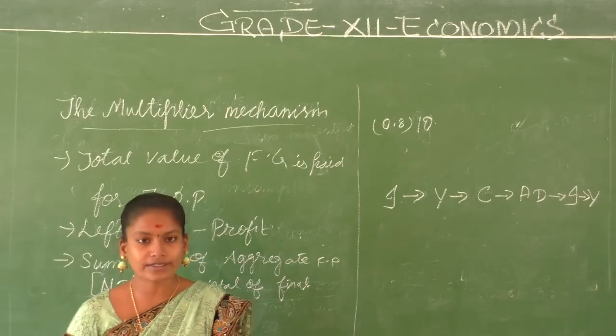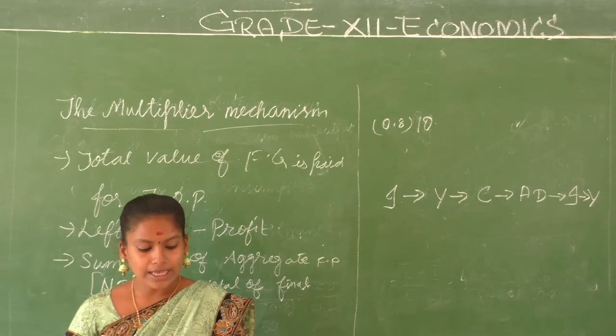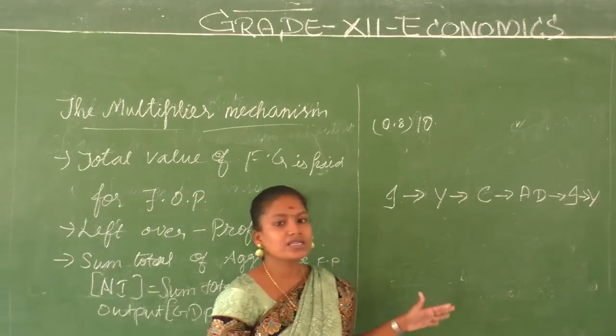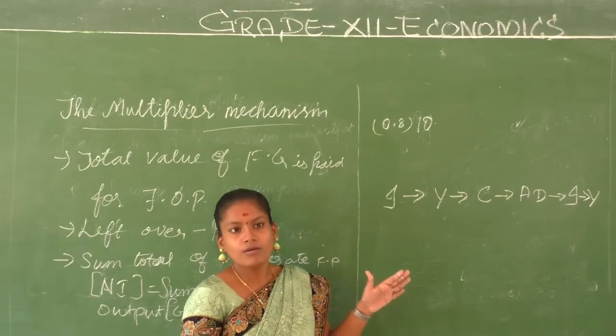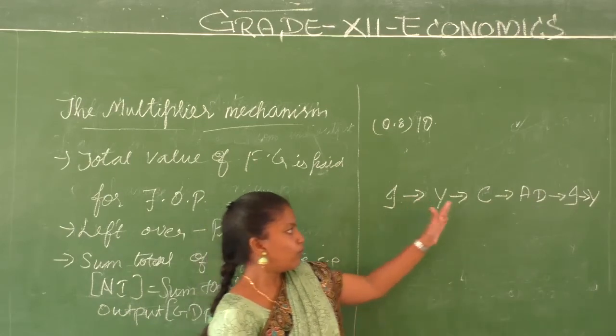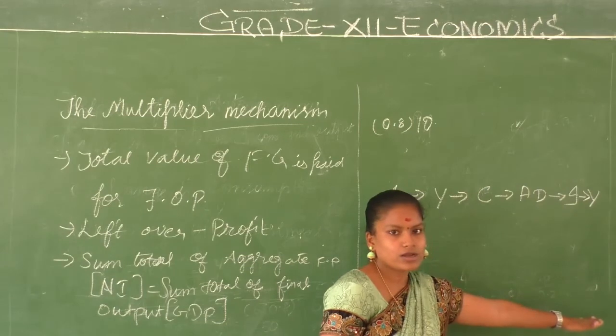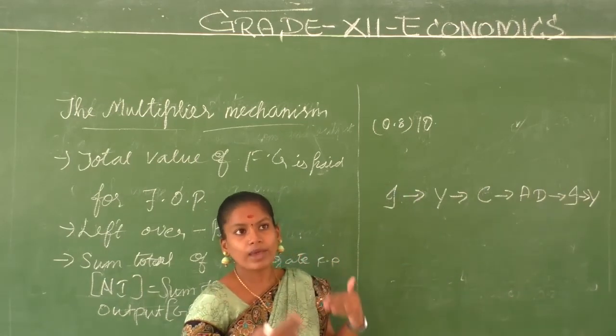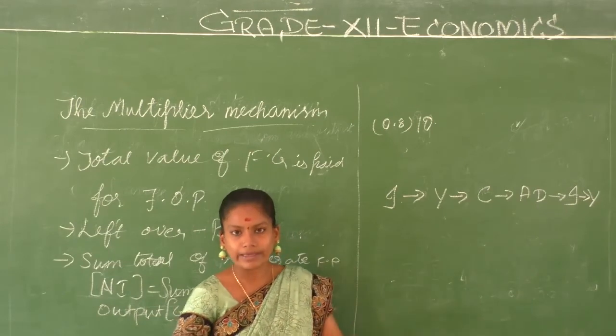That makes it a multiplier mechanism, with consumers spending a part of their additional income from this extra production on consumption items, thereby creating further excess demand. So every time their income increases, they go for more consumption. More consumption, more aggregate demand. More aggregate demand, more production again to meet the excess demand. So it is a circular process that keeps on going.